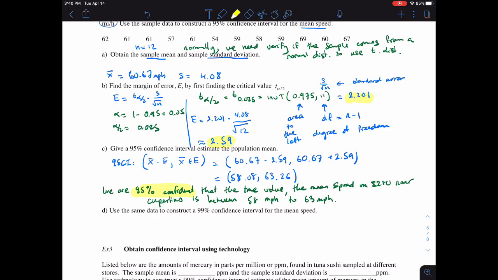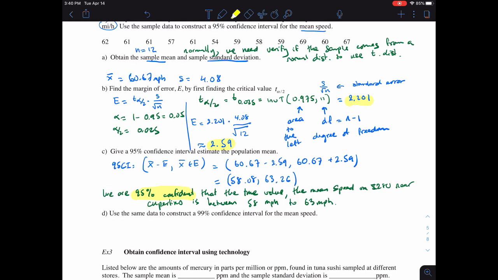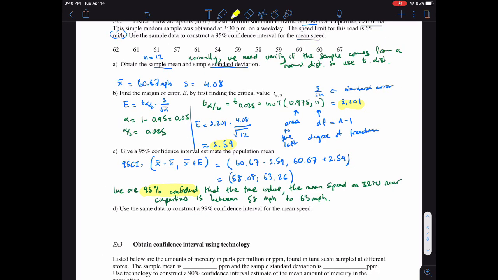So the part that is kind of confusing and hard in this lesson is that when you get to the critical value, when you get to the margin of error, what exactly is the degrees of freedom, what exactly is the T alpha over 2. This is certainly the one that sometimes we forget or have a hard time interpreting. So to keep it simple, T alpha over 2 is the critical value that we use now, but not for the Z distribution, but for the T distribution, because the T distribution